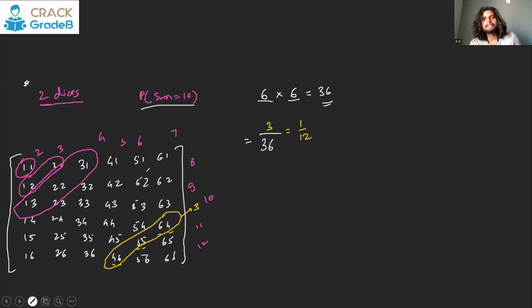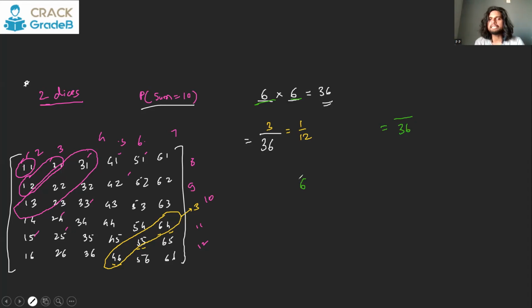So if you have the sample space in front of your eyes, you can solve any type of question, or you can at least memorize all of this. The sum is 2 in one case. The sum is 3 in 2 cases. The sum is 4 in 3 cases. The sum is 5 in 4 cases. The sum is 6 in 5 cases, and so on. You can just count the number of cases and make a note of it. But if you want to solve without having the table in front, you can still solve easily, because the total number of cases is 36. If you want the sum to be 10, you can just say if the first dice has 6, you cannot have more than 6.